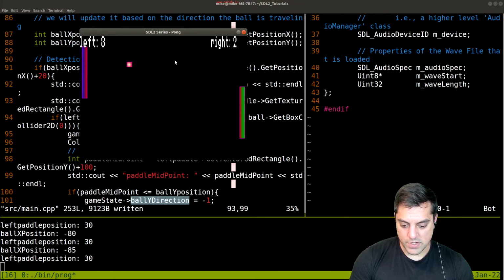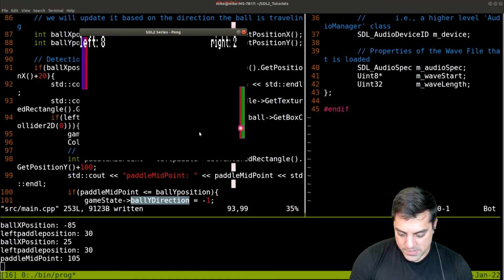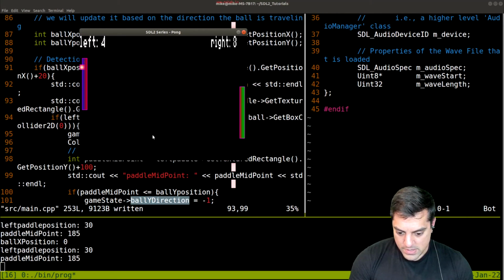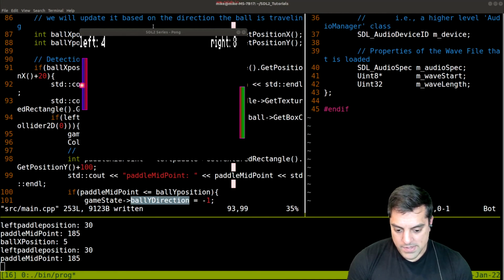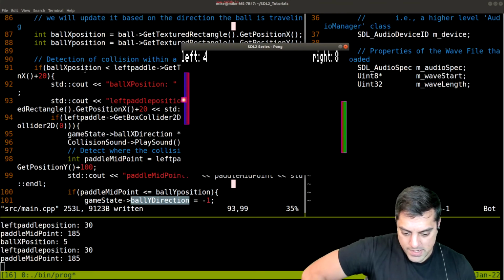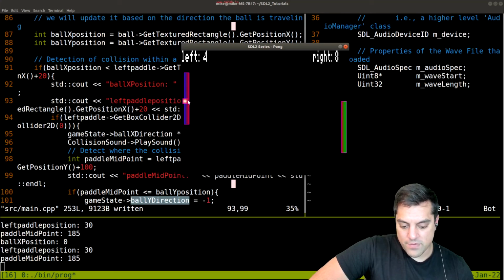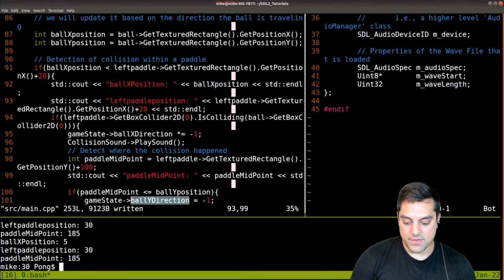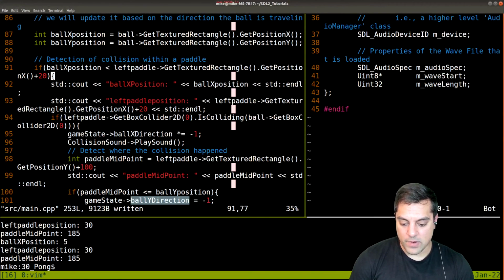So this will also increase my confidence here. So the left paddle X position is 30 here. I can see where it actually got stuck, and the ball position here is fluctuating between 0 and 5. Now it is having some collision here, so that's kind of the backwards part. So there's actually an easier solution. Just for the sake of closing this video instead of debugging forever,